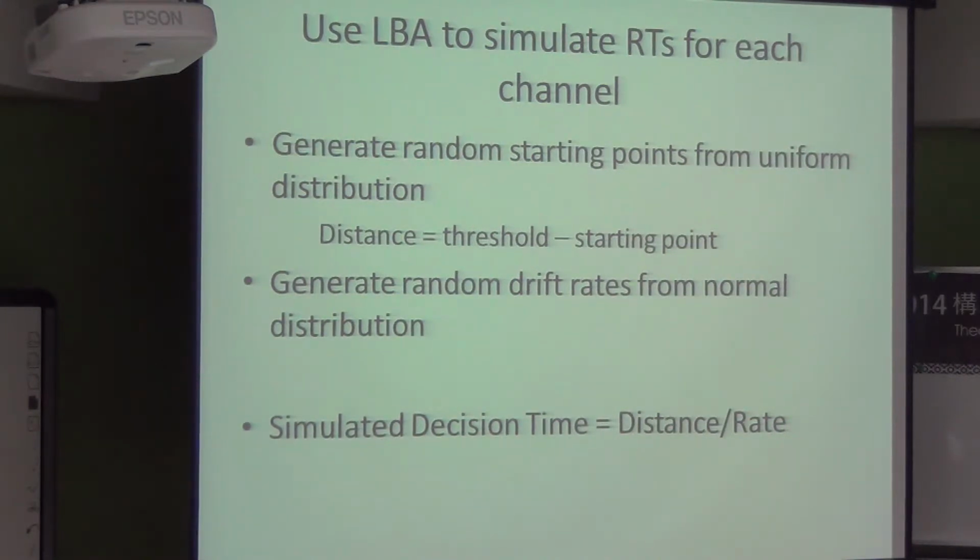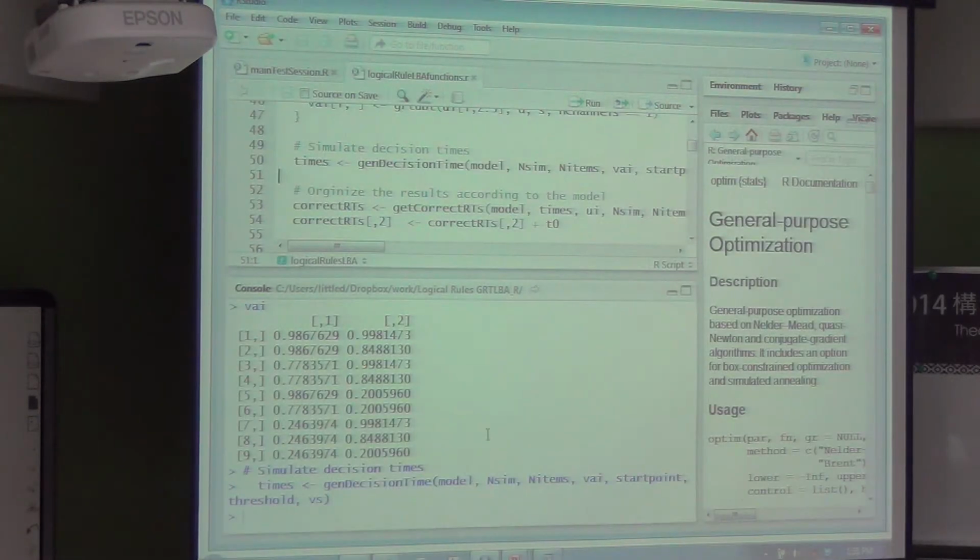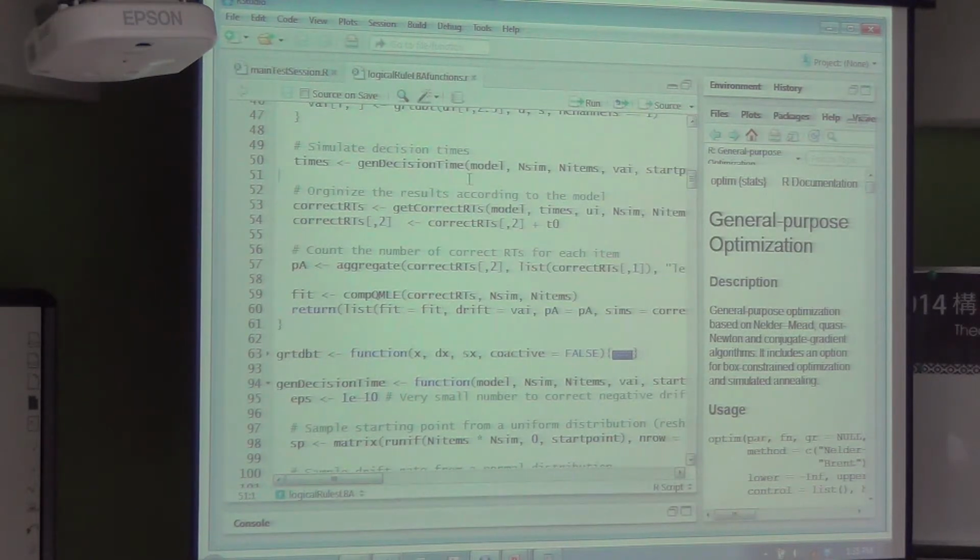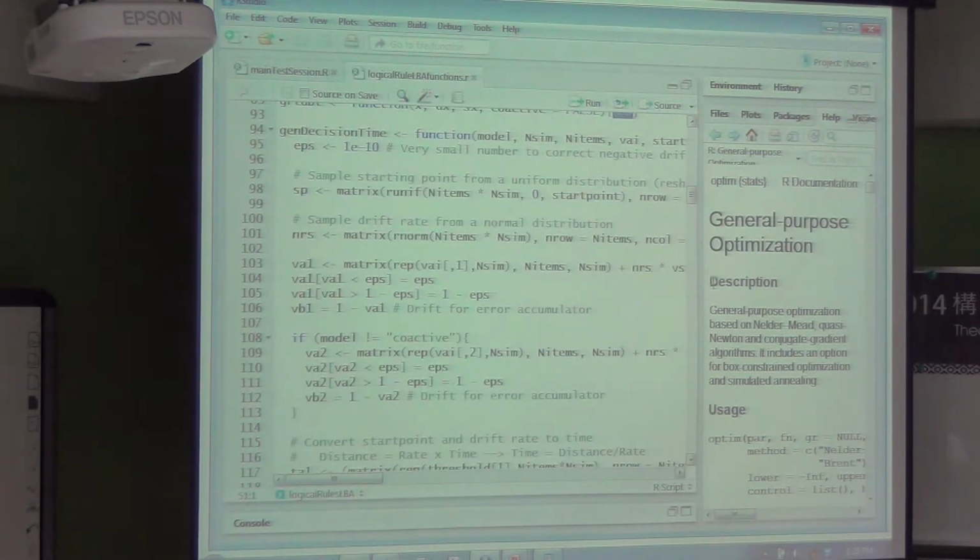So we're going to generate a bunch of random starting points from that uniform distribution, subtract each of them from our threshold to get a bunch of different random distances we have to travel. And then we're going to generate a bunch of random drift rates from a normal distribution, and then divide the distance we have to travel by the drift rate to get a bunch of simulated decision times. So all of that's taken care of in this gen decision time function that I've written down here.